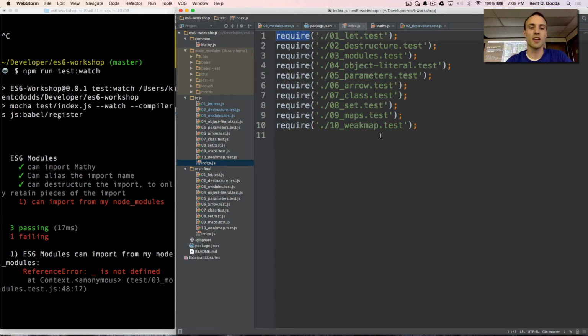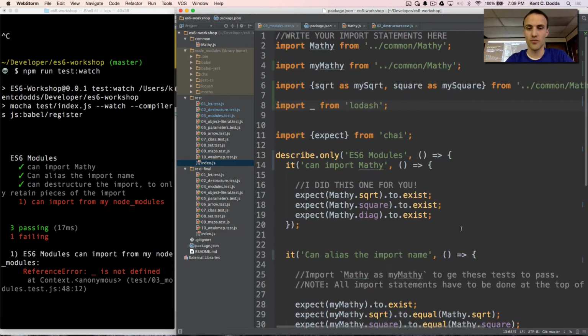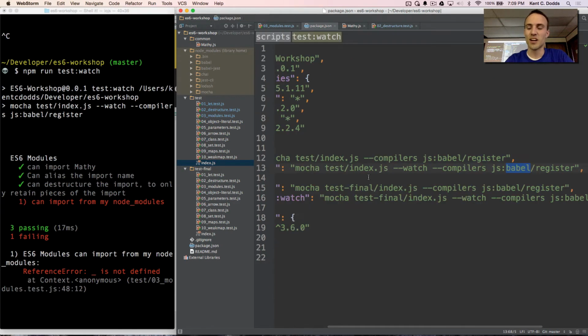So we're running Mocha in a CommonJS environment, so Node, and so it understands this require statement. And when I say my compiler is Babel, I believe it compiles it into CommonJS syntax, but I don't know if there's any way I can find that out. Well, no, that won't work. Never mind. But I believe it'll compile it into CommonJS syntax, which Mocha understands, and then CommonJS will do the looking up in your node modules directory.